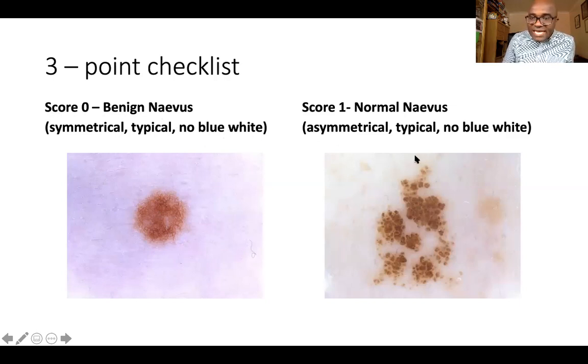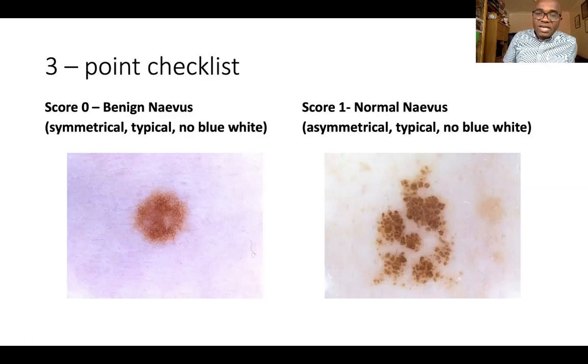This again is an asymmetrical lesion in terms of distribution of the globules. However, it has a typical globular pattern there. Globules, not network, but typical globules, and also no blue-white structures. So the globular structures are typical, although the distribution might be asymmetrical. However, this is a normal nevus because it only shows typical globular structures, but no other features